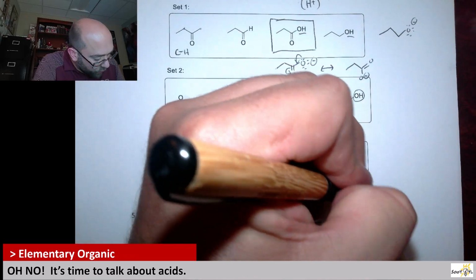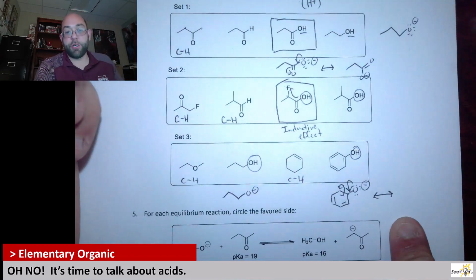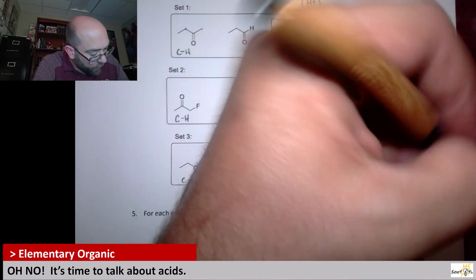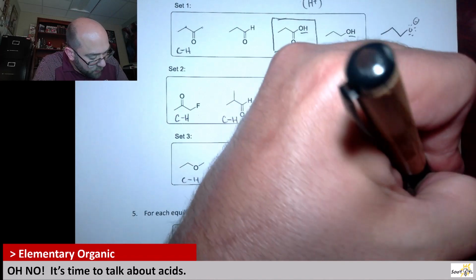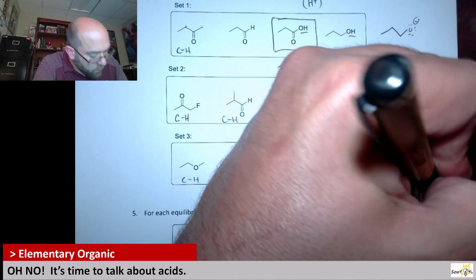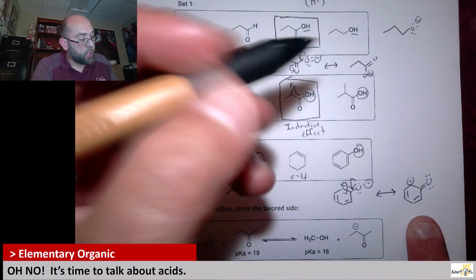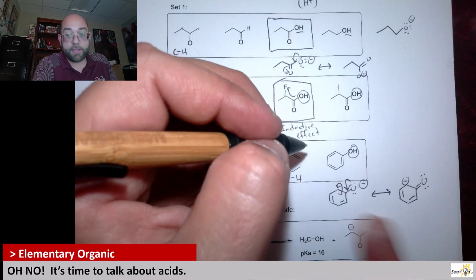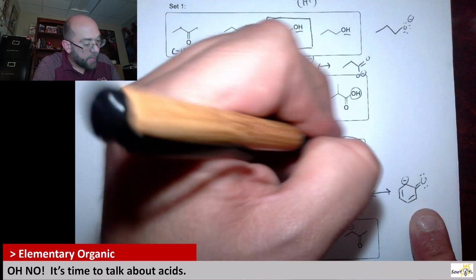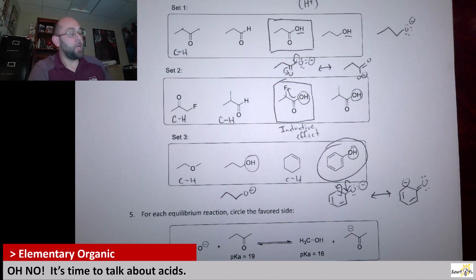right? If we look at what the resonance could possibly look like, there's going to be multiple ones, but I'm just going to show the first one. Here you can see, right, that is resonance stabilized, unlike this guy. So this conjugate base is a more stable base, aka that's going to be our strongest acid here. Okay, all right,